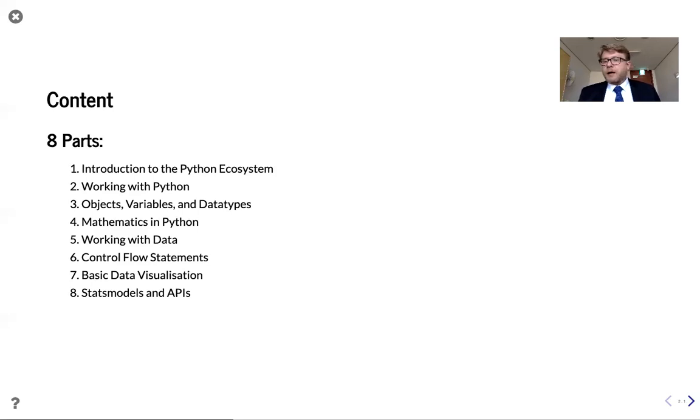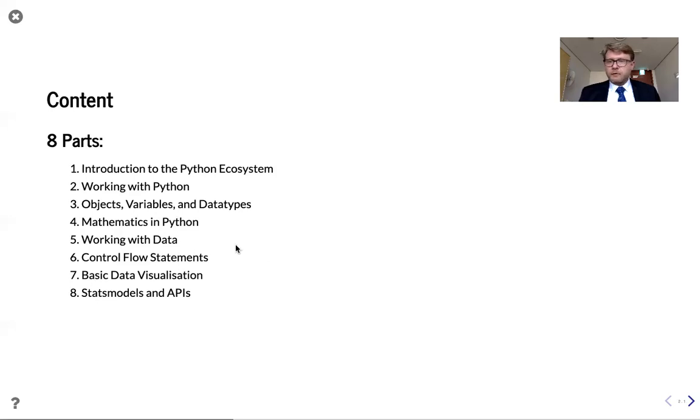So how to read and write data, how to change data sets, how to combine data sets, and how to do some small data cleaning exercises. And we then have a small section as well where we talk about scaling things a little bit. I'm only going to address this very briefly, as this is a very complex subject, and a lot of this will be left for more advanced